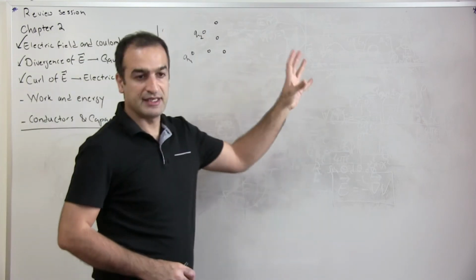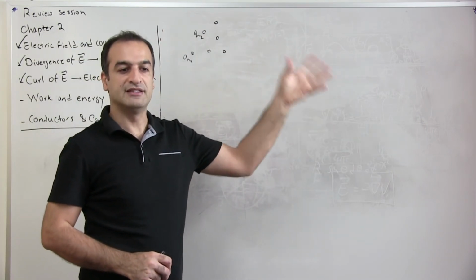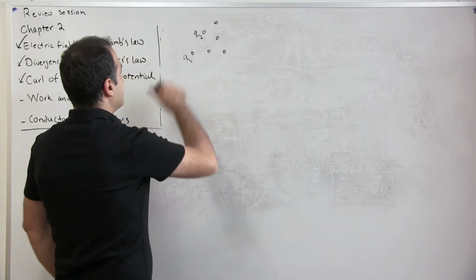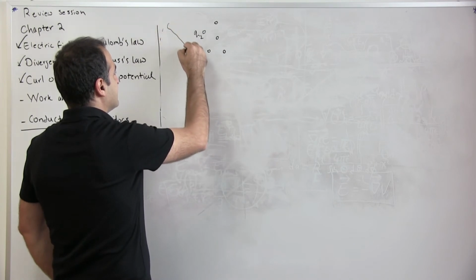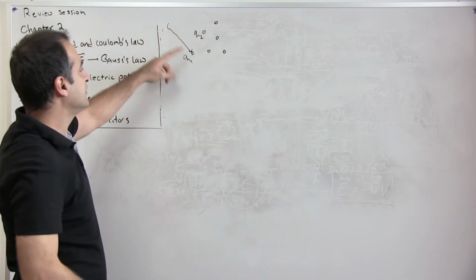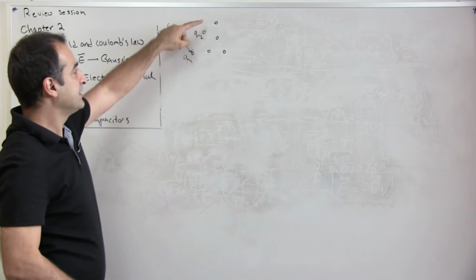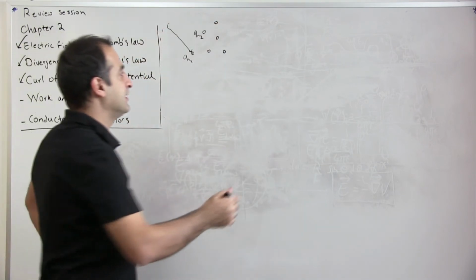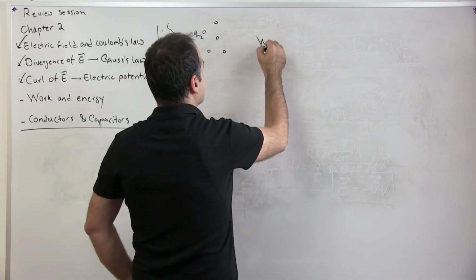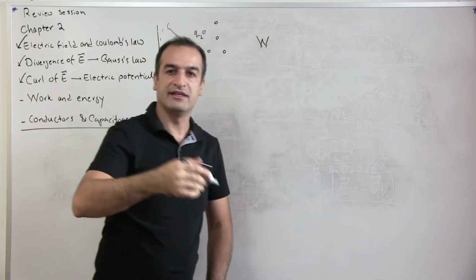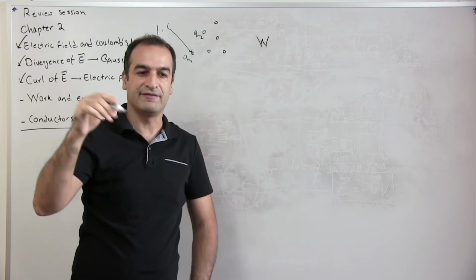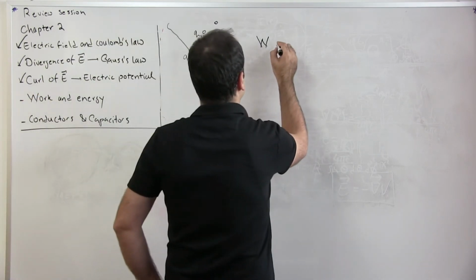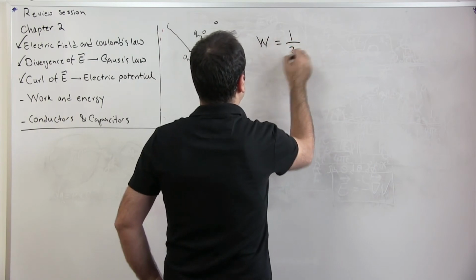Then we moved on and looked at the energy it takes to create a continuous charge distribution. Our method was, we first look at Q1, bring Q1 from infinity, and then bring Q2, and then bring Q3, and so on. We formulated the work, and this is really mechanical work. We integrated F dot dx. I'm skipping those parts, but at the end, we could write W as